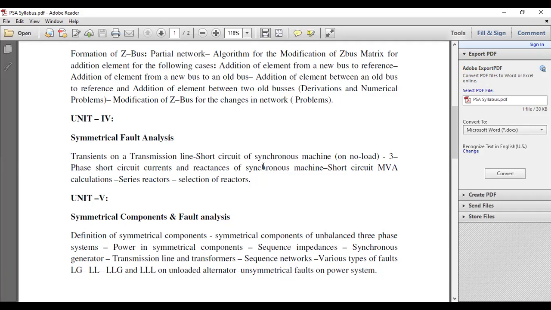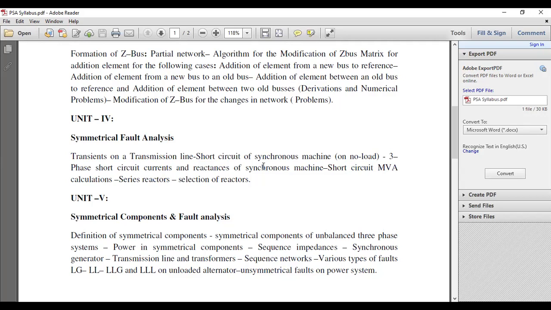I think you have seen all these types of protection devices in your switchgear and protection course. I don't know how many of you have learned that. But as far as symmetrical fault analysis is concerned, we are going to concentrate on the symmetrical faults, that is, three-phase faults. And one more point is very important. In your GATE exam also, you are going to concentrate more on these topics.